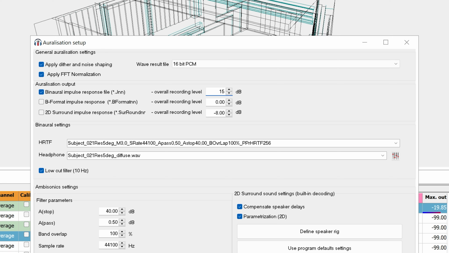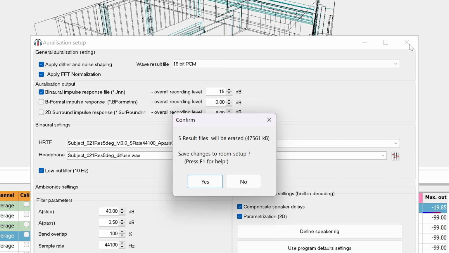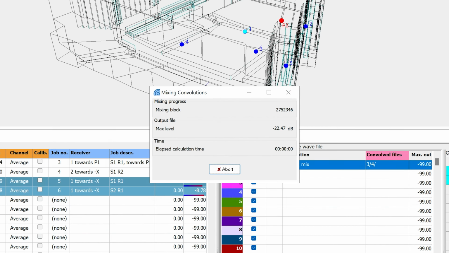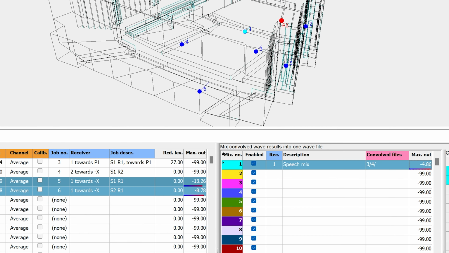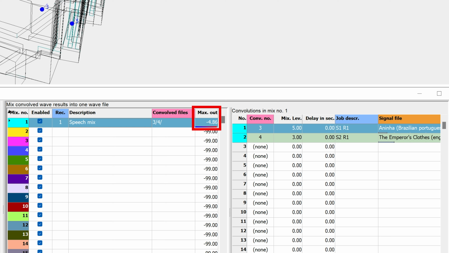To apply it, simply close the window. Again, you will have to recalculate the mix, but this won't recalculate the jobs. To listen to the mix, I will select it and hit Alt-S.